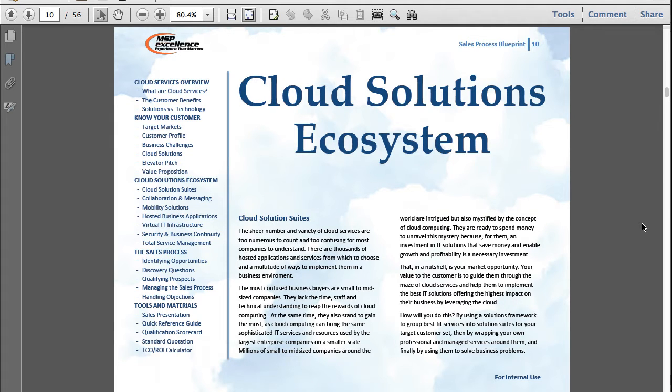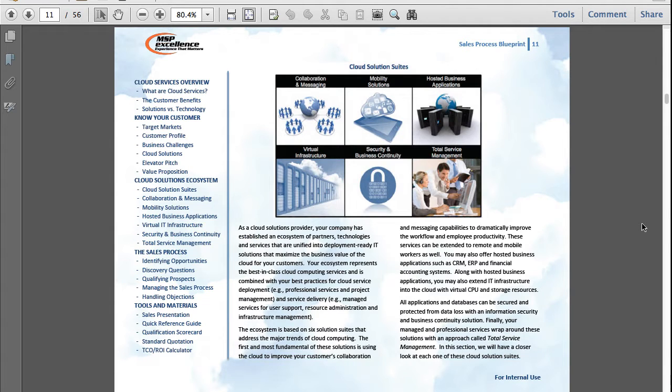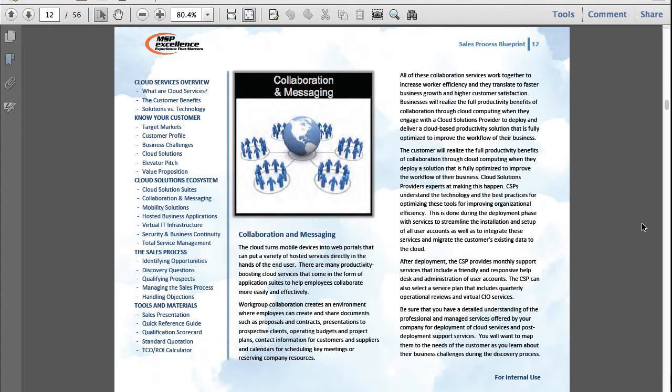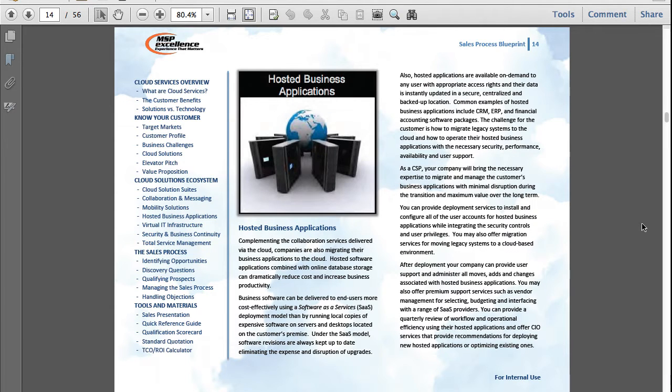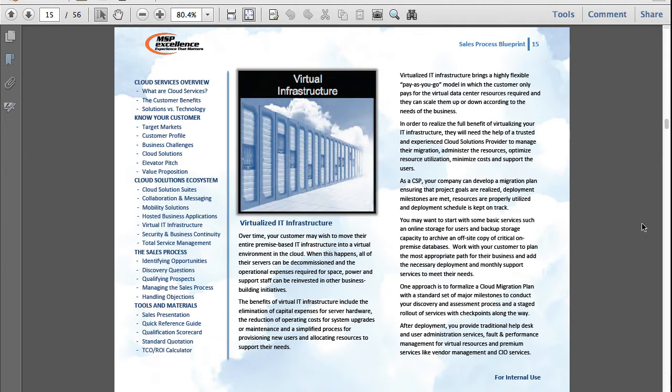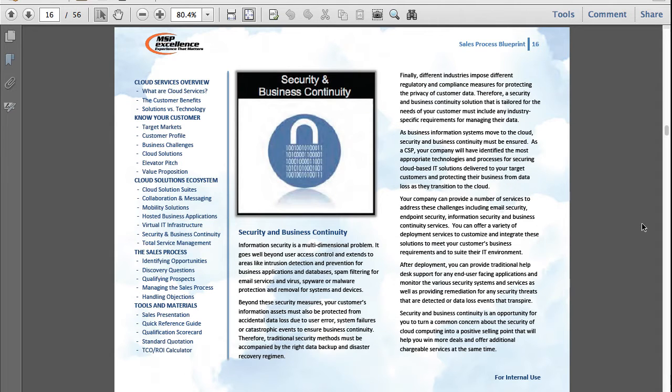Then it goes more deeply into our model of a cloud solutions ecosystem by defining the solution suites that map to major cloud migration trends and marches through each one. It provides a good foundation for why collaboration and messaging is valuable, why mobile solutions are valuable, why hosted business applications are more efficient and flexible than premise-based, and why extending premise-based infrastructure into the cloud and virtualizing it is so valuable to customers from an economic and